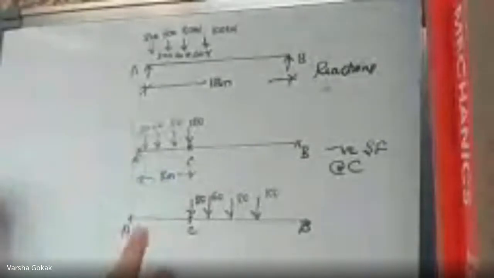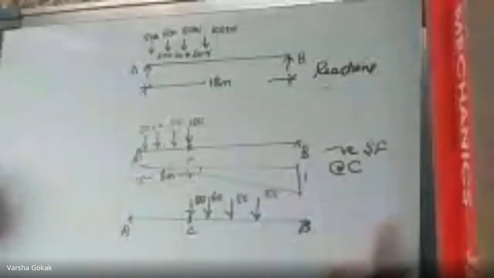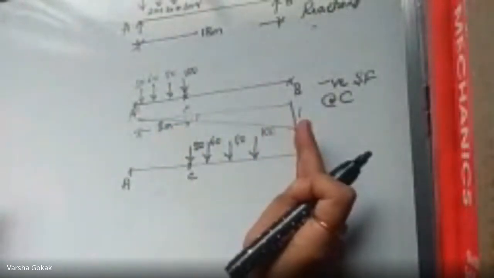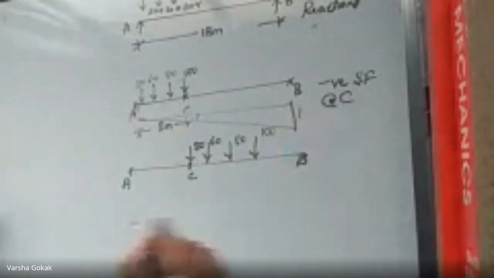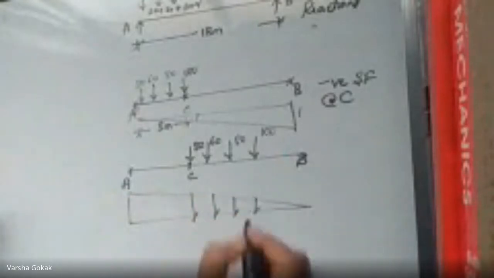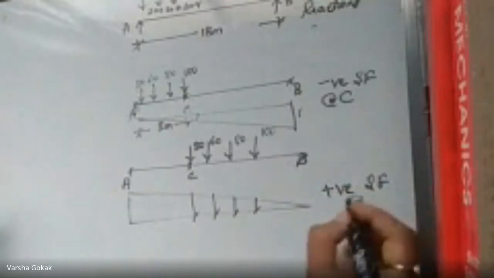So using that statement, the moment I'm entering the AC section, we keep our first load here and all the other loads towards the AC section. Here the shear force diagram would be negative. I will only look at the negative diagram, get the ordinates, and calculate the negative shear force at C. Similarly, when I want to calculate the positive shear force, the loads will cross the point C. So this is the positive shear force diagram, and based on that we get the ordinates for different loadings and calculate the positive shear force at point C.